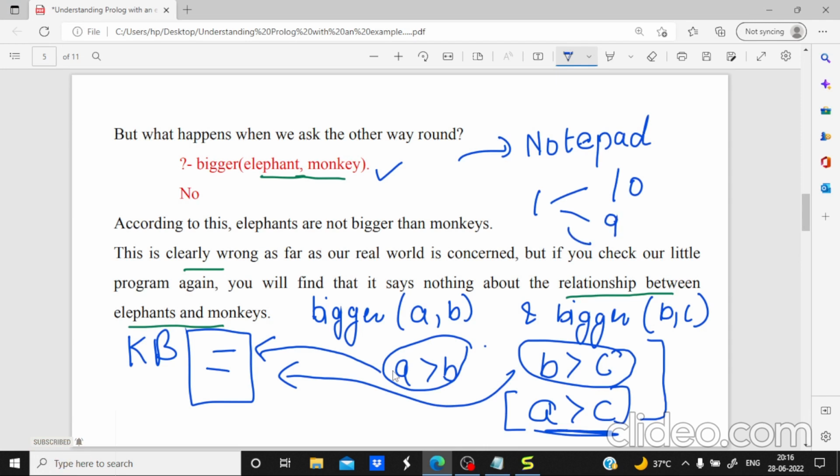Possibilities. So for this, the program becomes too lengthy. Instead of this, what I am trying to do is add a transitive clause, which we have discussed here. That means describing a rule like this: if A is greater than B and B is greater than C, then simply we will say that A is greater than C, or A is bigger than C. So implementing the same approach in our program,